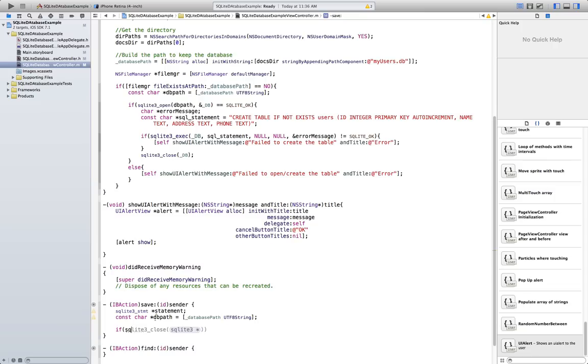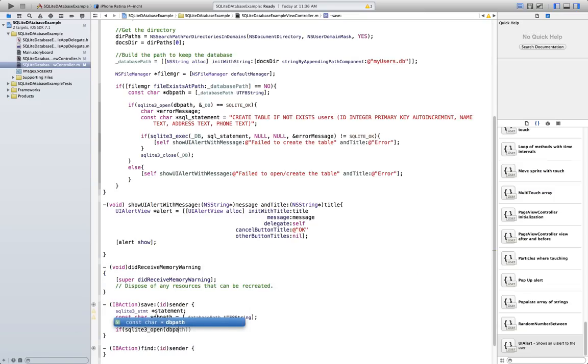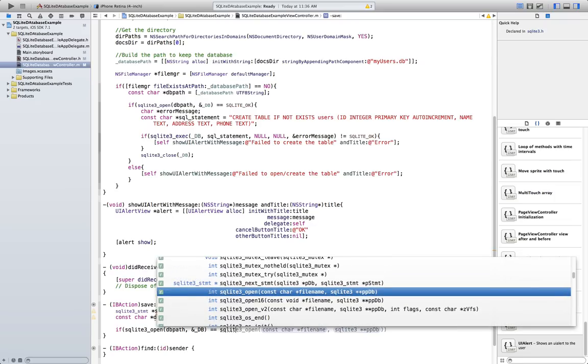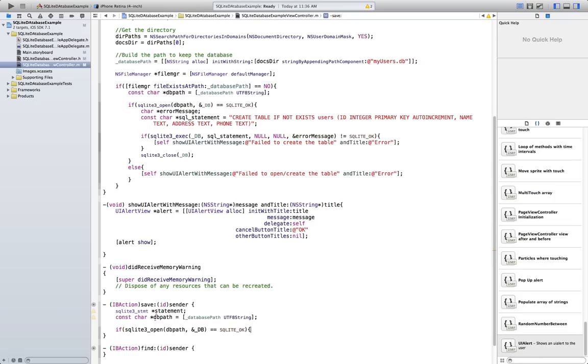Now if sqlite3 open database path, database, SQLite. If we can open it correctly,